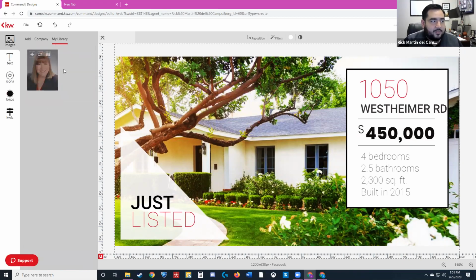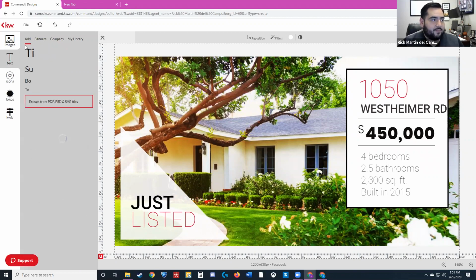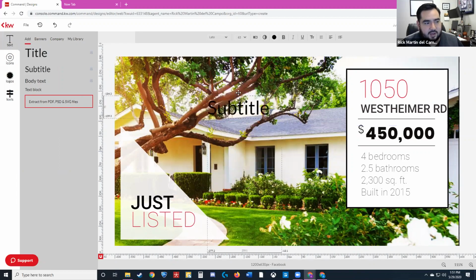And of course, then there's your library. Your library is any photo that you've uploaded that's available at any time. This is an agent that I had created a graphic for at one point, and her image is always there in the library. Below that, you see text. Text is also pretty cool. It's really just an option for you to add. You can just click and add text like this. It brought the subtitle link, and I can just double click into it and edit. I can write my name, or write anything. That's how that works.